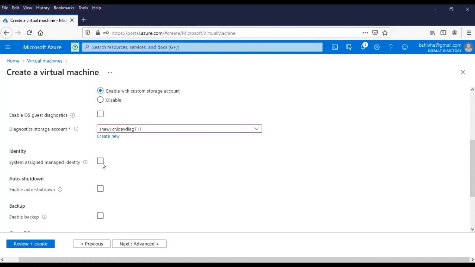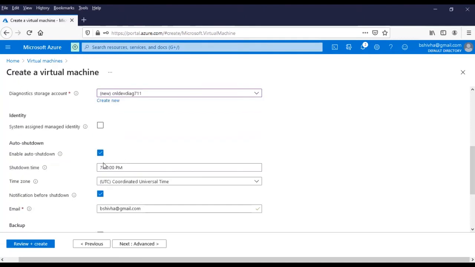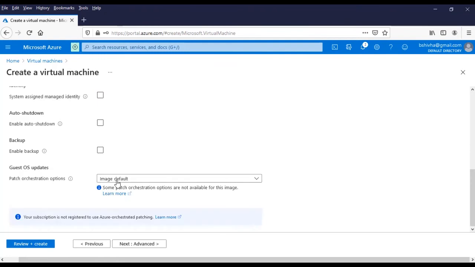And if you want to allocate any authentication, then enable this. If you have already agreed business hours for each machine with the business, then out of business hours you can enable this and schedule the shutdown. As of now, we are going with a simple machine creation. Say next.